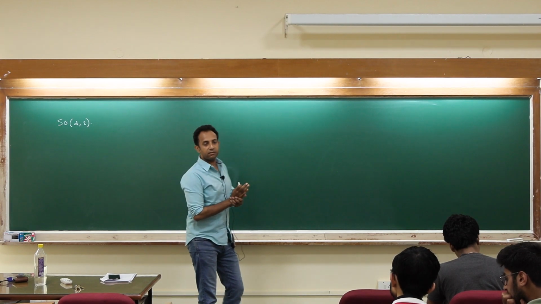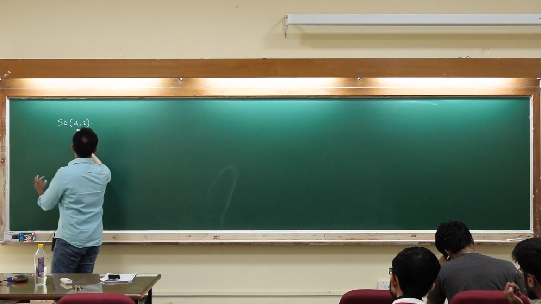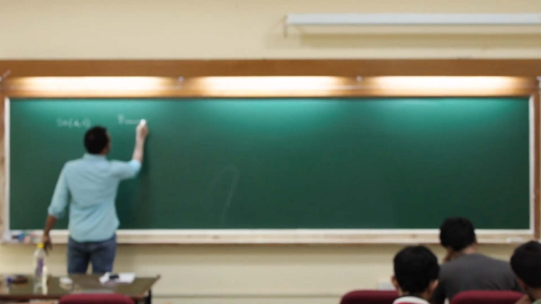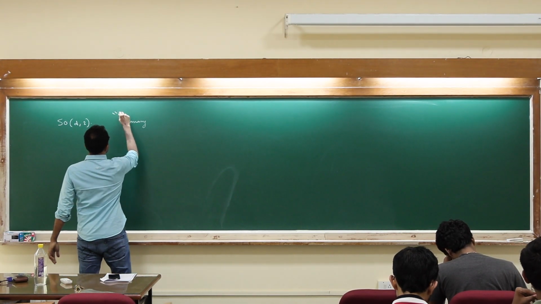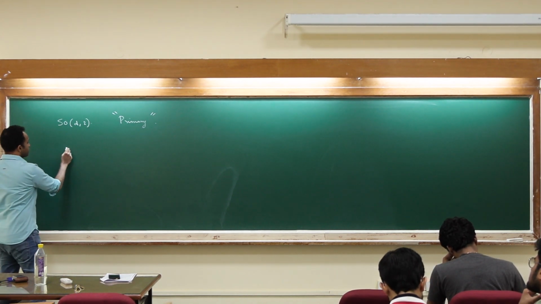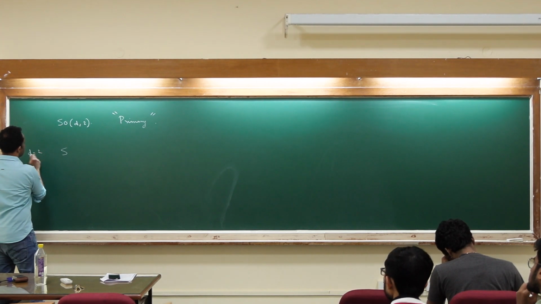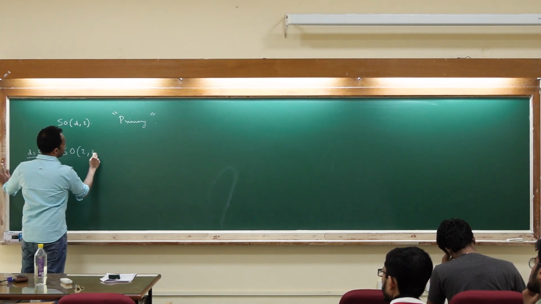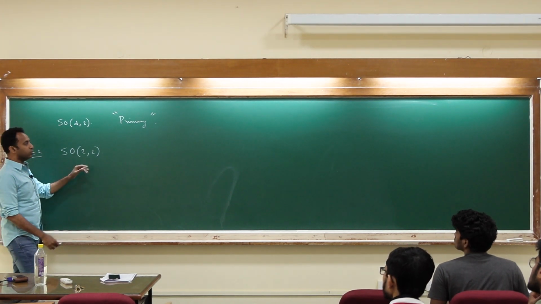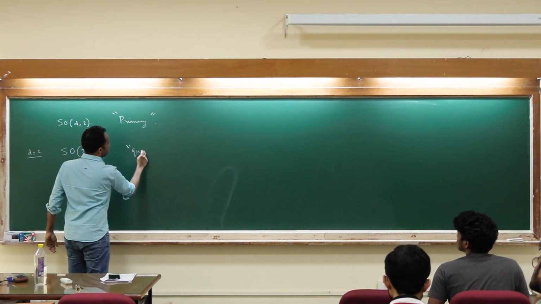So I only talked about primary fields. The point is, primary fields are basically the natural fields under SO(D,2) in D dimensions. Those are essentially the natural fields that arise in conformal field theory in D dimensions, what is called a primary field. If you restrict that to two dimensions, D equal to 2 is in many ways special because you will then get SO(2,2), and fields which transform naturally under SO(2,2) are called quasi-primary.